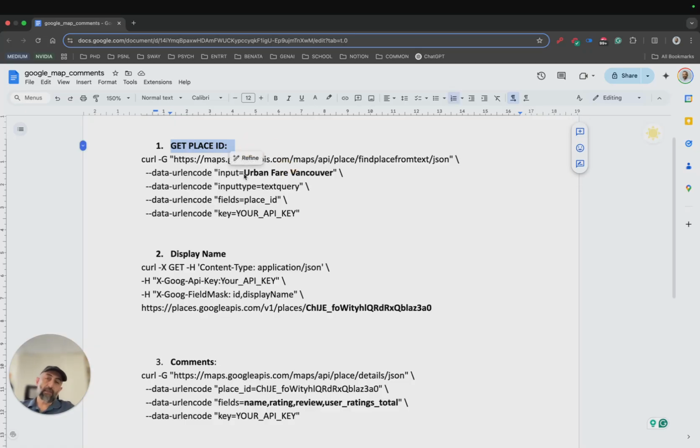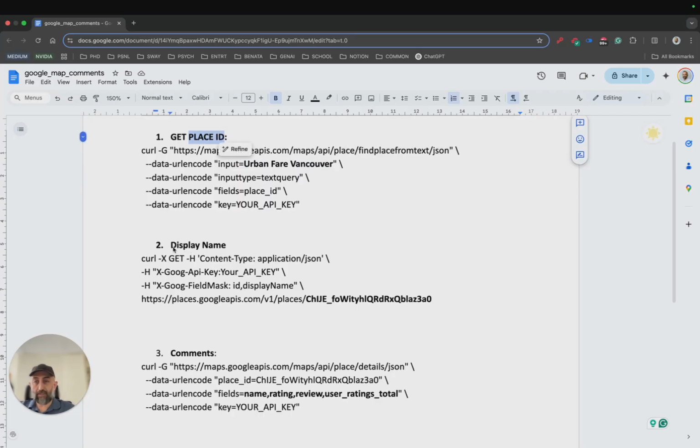When you search for terms like Urban Fare, which is a grocery store in Vancouver, the API will return several different Urban Fare stores in Vancouver. So you have to go through that list and find the exact place ID for the store that you want to review.